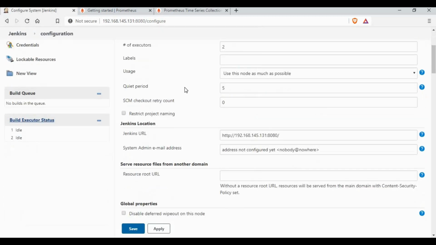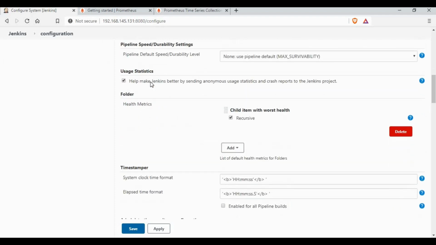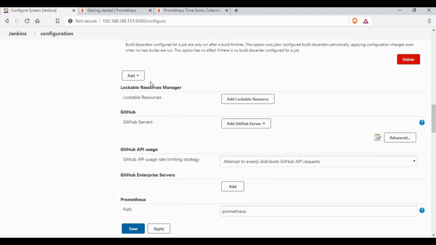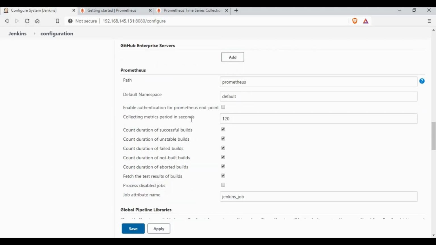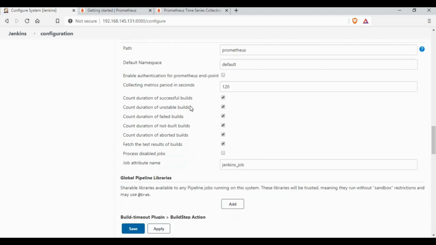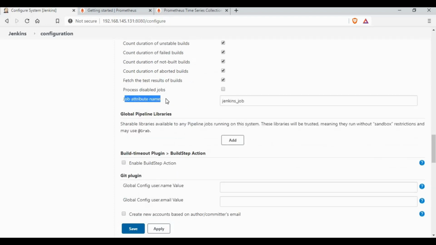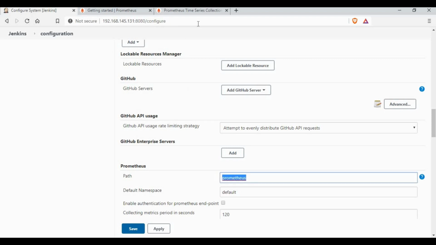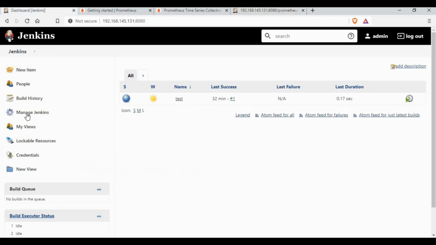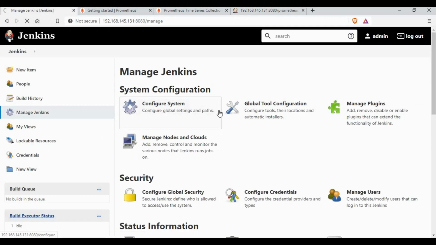If you go to configure system and scroll down to the section for Prometheus, we have some data like the path, which is Prometheus, and also some metrics, and you can select the check boxes for which things you need to capture. The path name is Prometheus, which means you can open the Jenkins IP address